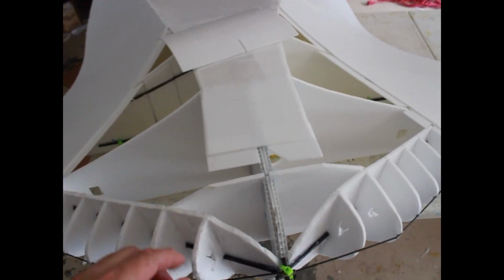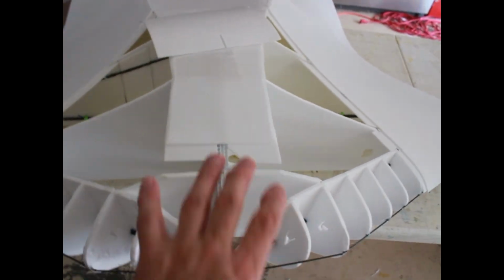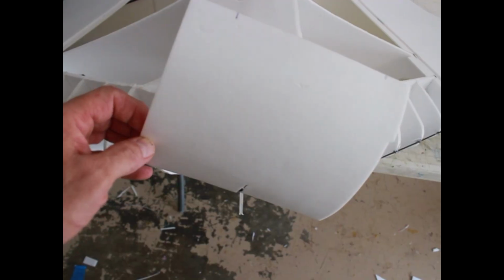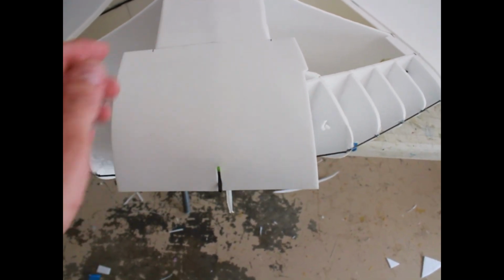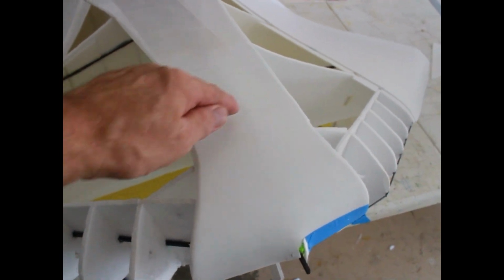All right, so now I'm coming along really well. I'm just going to finish up this little front area before I do these. So I put the under tabs so I have something to glue to. Fit over that, and it wraps back to there like that. Alright, so here we are, and that little section right here, that the seam was right here, that I glued